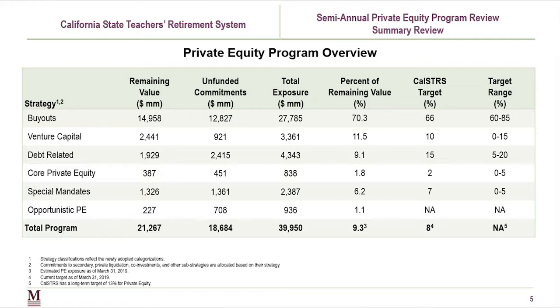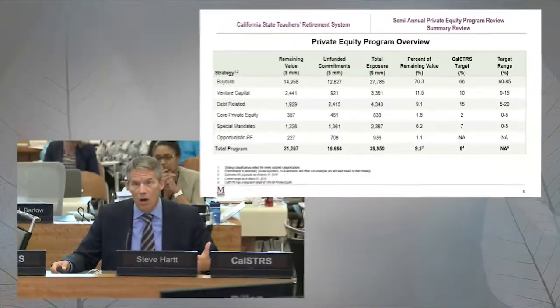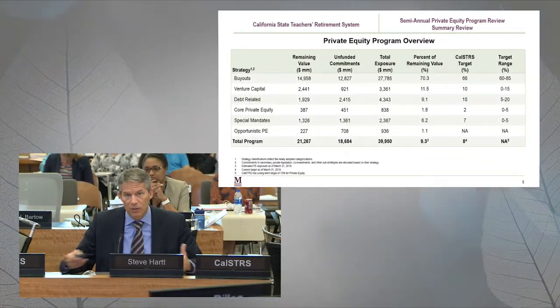The special mandates looks a little bit odd in that that particular segment is looking to be decreased over time. So the 7% target is being updated as that portion is being shrunk a little bit. But as we've talked about before in prior discussions, the two newer asset classes or strategies, the core private equity, now called longer dated, and the opportunistic private equity, called multi-strategy, are newer ones that staff has identified to expand the set of tools that it has to be able to deploy assets into